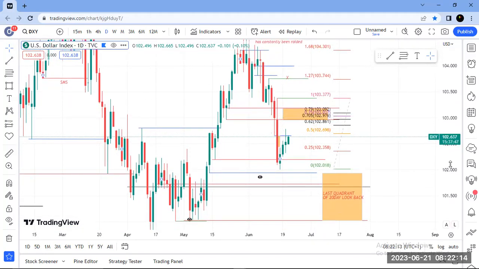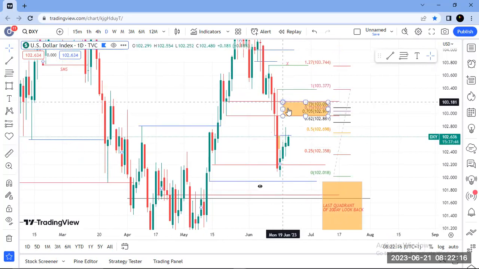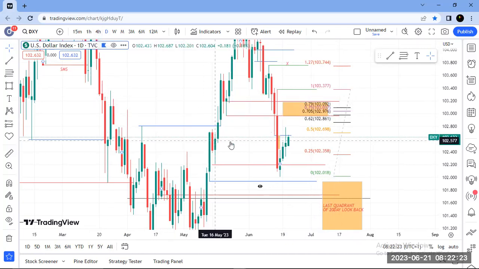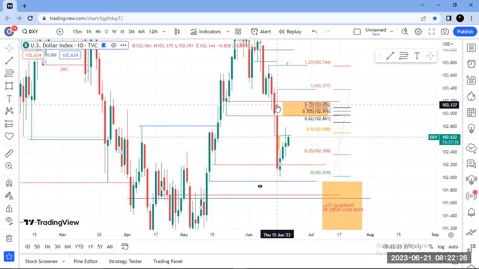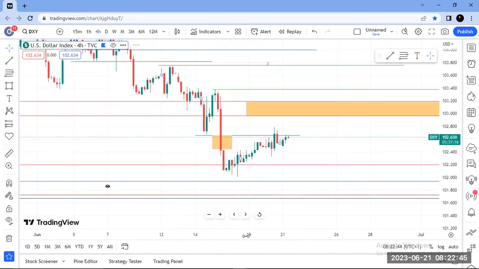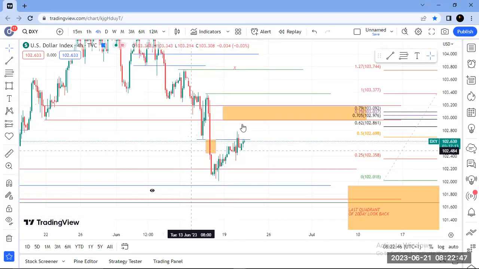Now, our high of the week fell in line with the premium objective I'm seeing on the dollar index. So this was Thursday's high, and there is something that the master students know, the day that makes 70% of the weekly range. So this is Thursday's high. That's why I'm using that one as my weekly range. So even on the 4-hour,